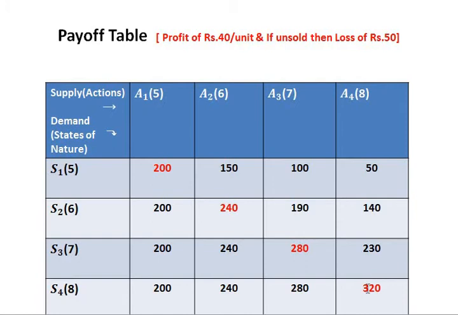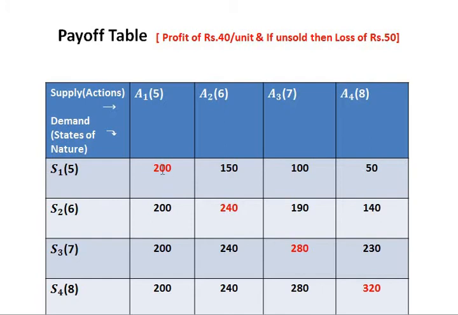It is quite logical. Now I will explain the technique. If you understand the technique, then you can fill the entire table within 2 minutes. So just observe the technique I am giving now. After writing the blank table, you first find the diagonal entries, that is, the intersection of action with the respective state of nature: A1 S1, A2 S2, A3 S3 and A4 S4, and so on.